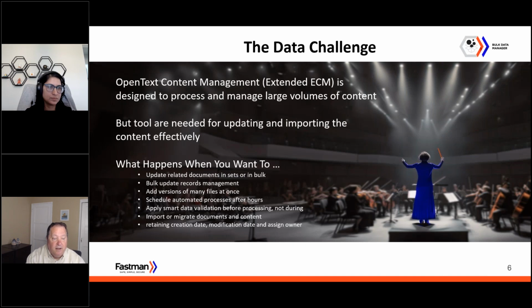How do you bulk update on records management? And when you bring information in, retaining that creation date, modification date, maybe the assigned owner as you bring the information in, that helps you to have proper metadata tagging and establish records management from there too. So